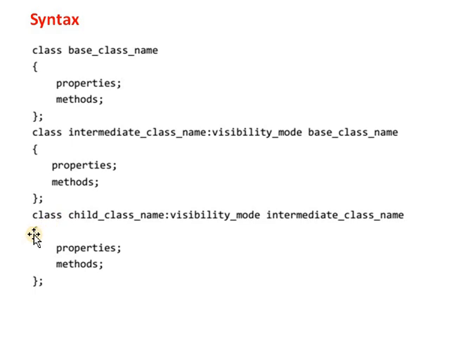Next, we define the final child class, or final derived class. How do we write that class? By using the class keyword. After that, we write the child class name. After that, there is a colon operator. After that colon operator, we specify a visibility mode. And after the visibility mode, we derive the class from the intermediate base class. Then in that class definition, we write the properties and methods associated with that particular class. This is multi-level inheritance.